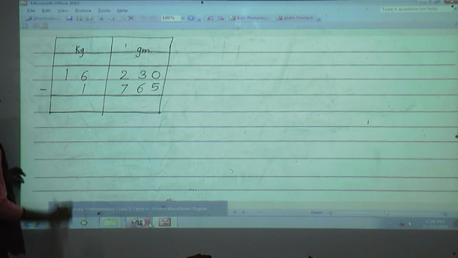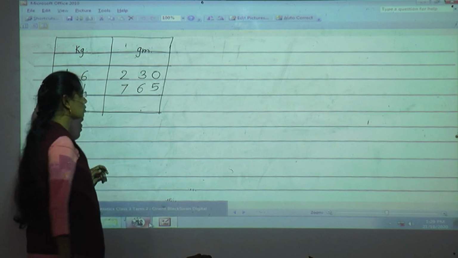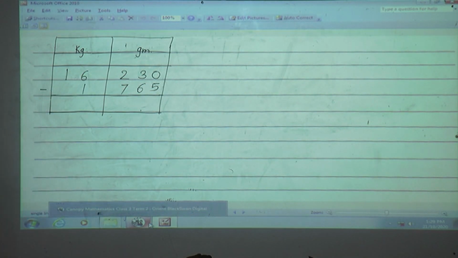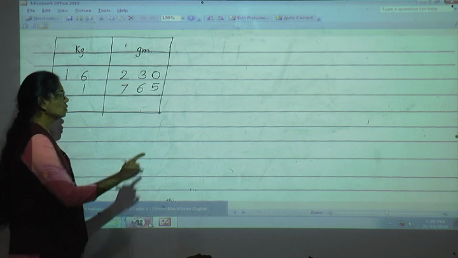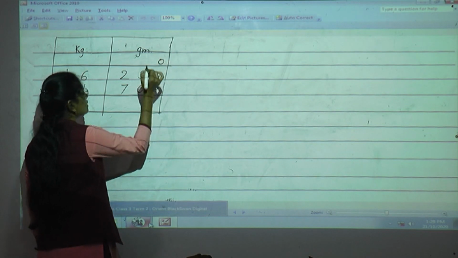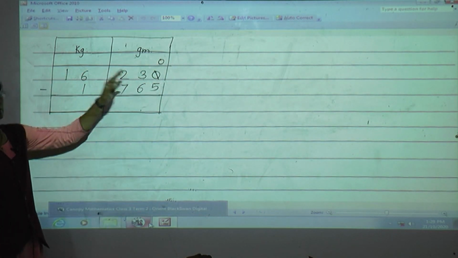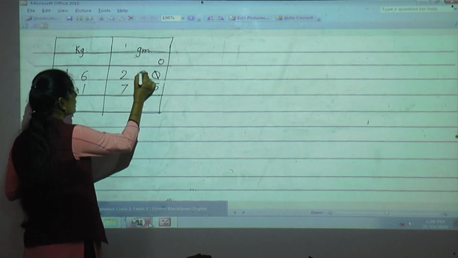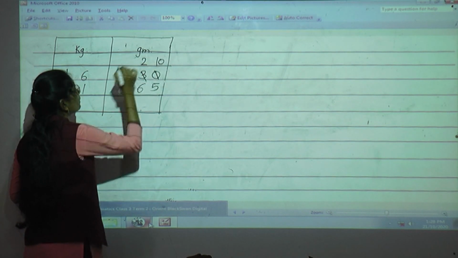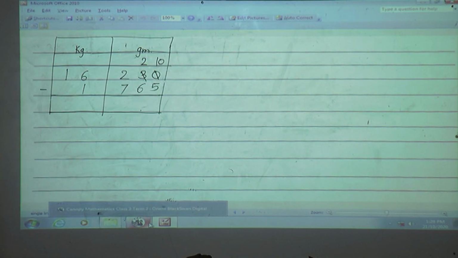0 minus 5. Can you do 0 minus 5? No. We can't do 0 minus 5. Why? Because 0 is smaller than 5. So here we can't do the subtraction. Then what you will do? Yes, you have to cut this 0, write as it is, then go to the neighbor. Here neighbor is having 3. So take 1 borrow from the 3. So 3 minus 1 here, 2 will remain and this 0 will become 10. Now 10 minus 5. Now you can subtract very easily. 10 minus 5, yes, 5.